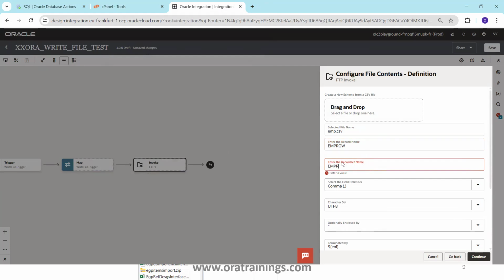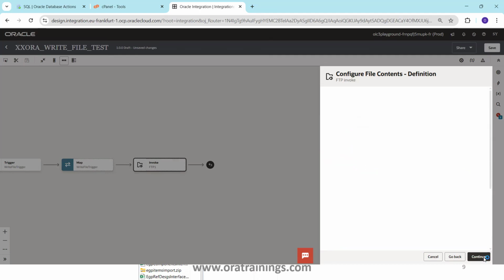Emp row set is my record set name. Record set is nothing but set of rows. A record name is just individual row. So what is the name of your individual row and what is the name of your bunch of rows? My bunch of rows name is row set and individual row is row. That's how I prefer to mention. Click on continue